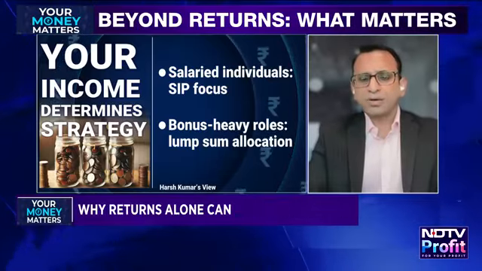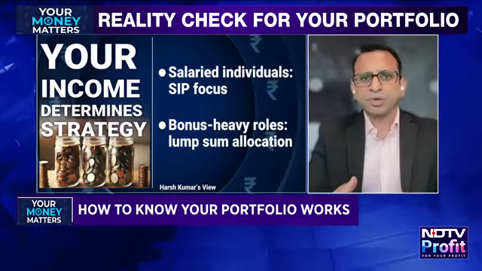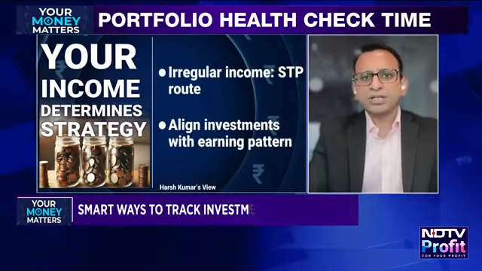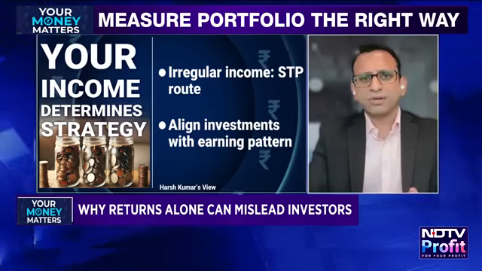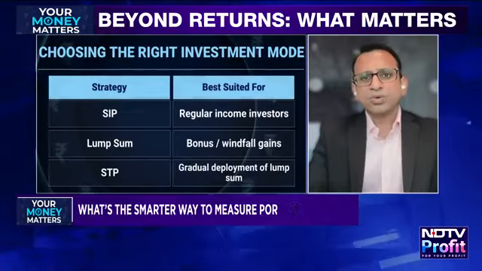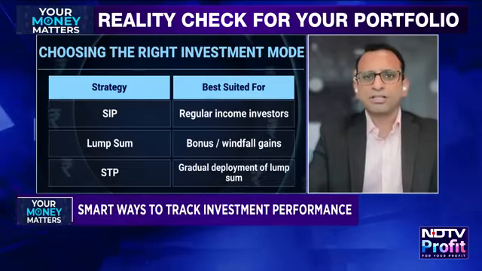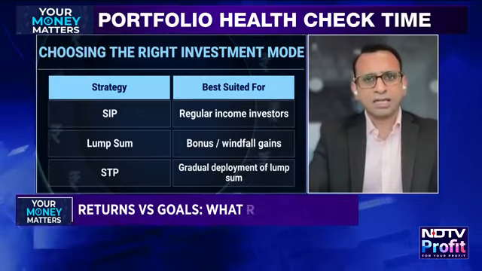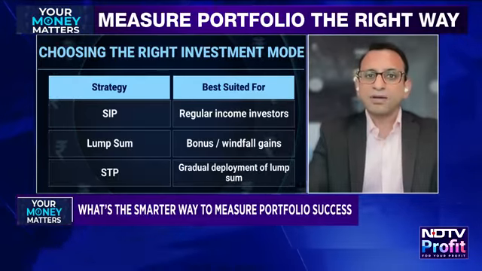Now, you didn't touch upon one particular way of investing, which we can also discuss, which is called STP, which means you are getting lump sum, you want to deploy it into the market because you know that you are not getting monthly cash flows to do SIPs. If the valuation is good, you can deploy it immediately. If the valuation is little stretched, you can do systematic transfer also, where the money moves to liquid fund and from there you move to equity fund. Now, this is about somebody who's getting lumps. Somebody who's dependent on his monthly cash flow for his investment and doesn't rely too much on bonuses or one-time windfall gains should definitely focus a lot on SIPs, because SIPs not only take care of the volatility of the market, but they also take care of the behavioral aspect.